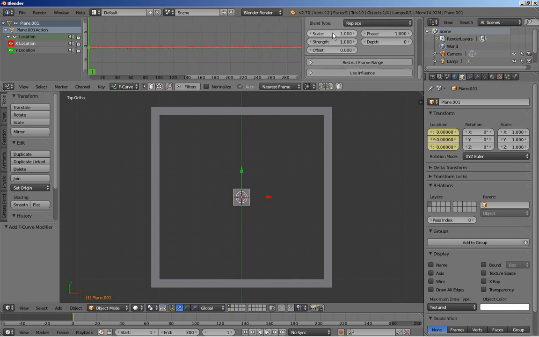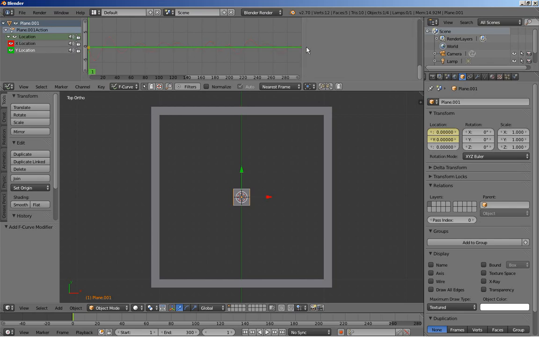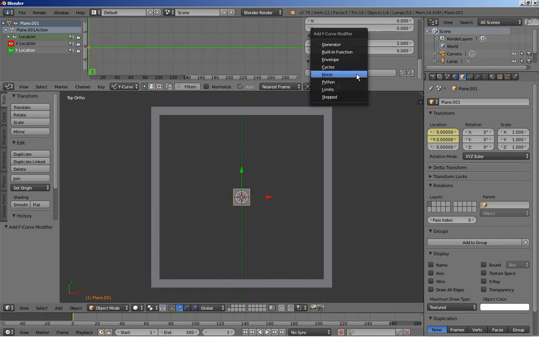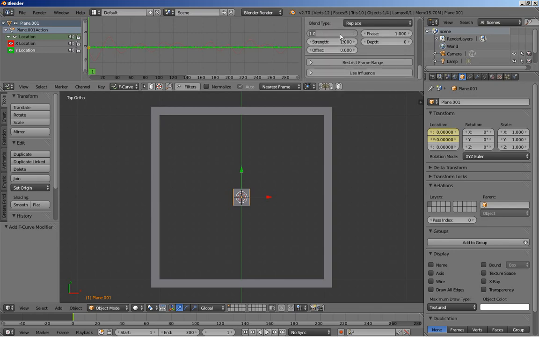And we have the scale and the strength. Let's increase the scale. Let's set it up to 20, and let's set the strength up to 10. And for the Y location, again, click Add Modifier. Let's add noise. Let's set the scale up to 30 and the strength up to 12, and let's set the offset to 30. Okay, now I'll hit play,